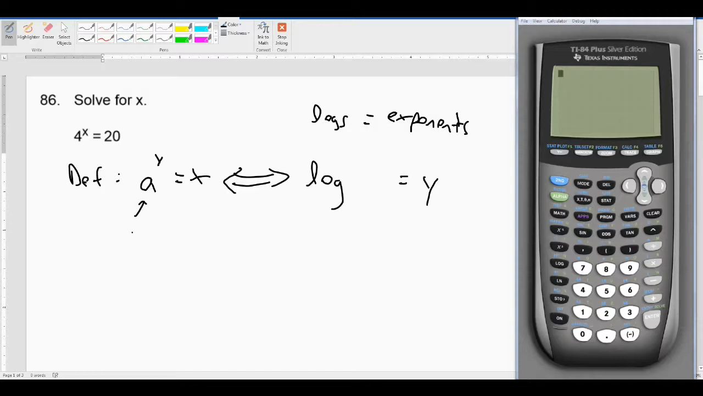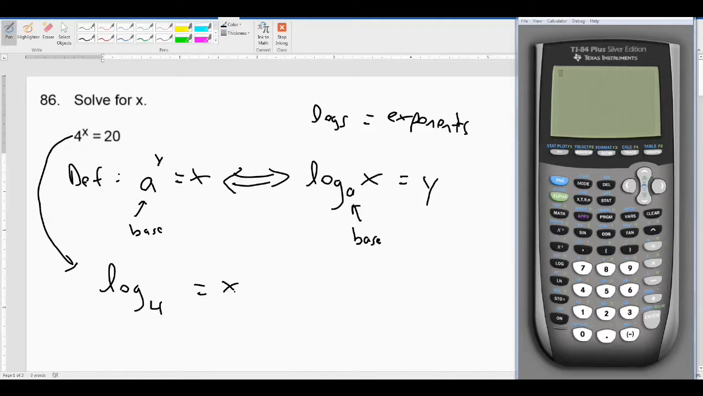Now the base is a. So the base of the log is the same, a. And then whatever is left over, the x goes there. There's no exponents here, there's no superscripts, that's a subscript. So I'm going to use the definition for this given equation. Start with the word log. The base is 4. Logs are exponents, so it equals the exponent, which is x, and then the